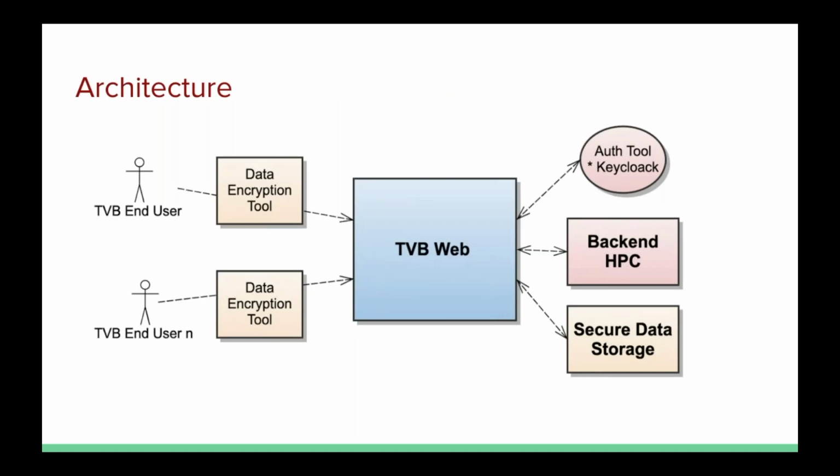Now, going back to this diagram, I have described 2 blocks, the TVB web and the authentication tool we have integrated for it. I will continue now with the security aspect, this being a critical one that we are currently considering for future architectural decisions. And we want encryption to happen at 3 levels during the TVB flows. The first level is at upload time. The data arrives encrypted in TVB